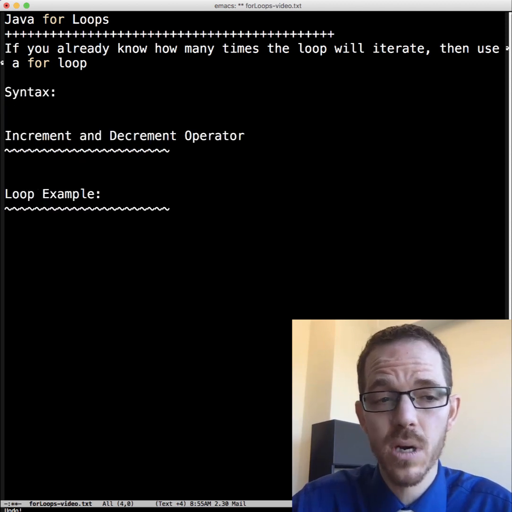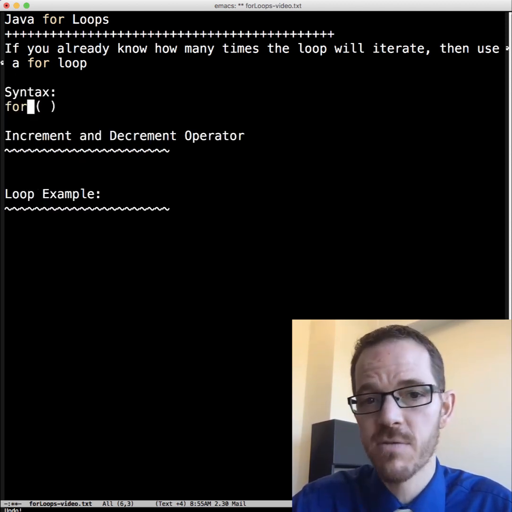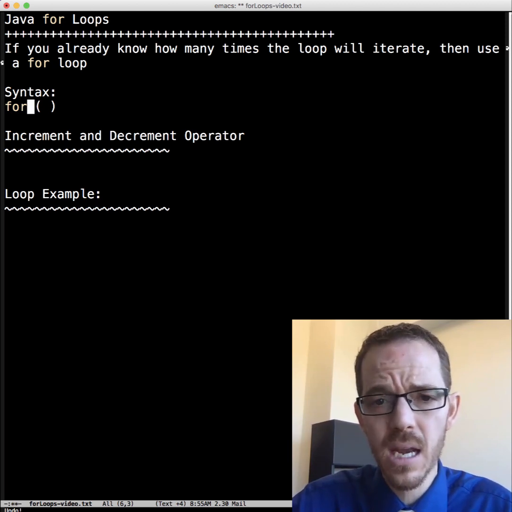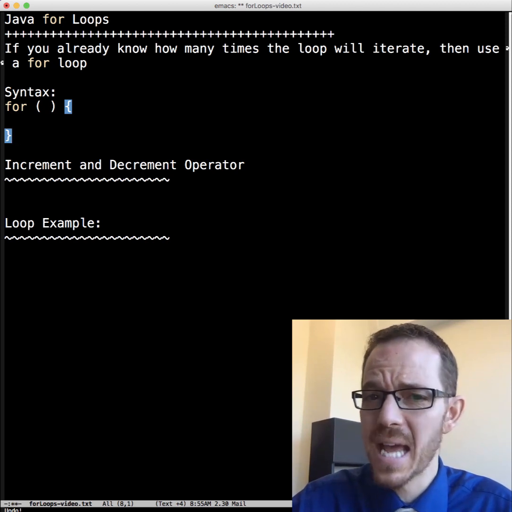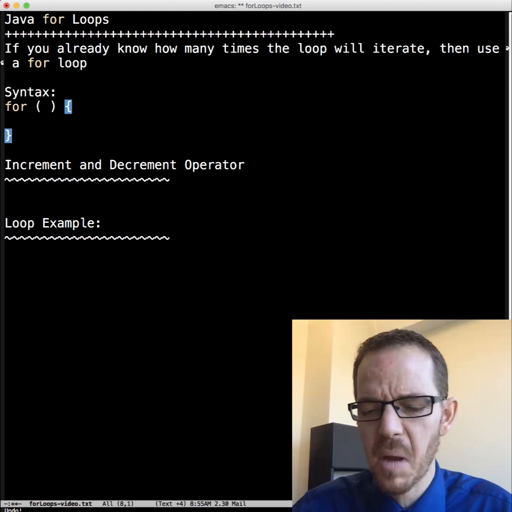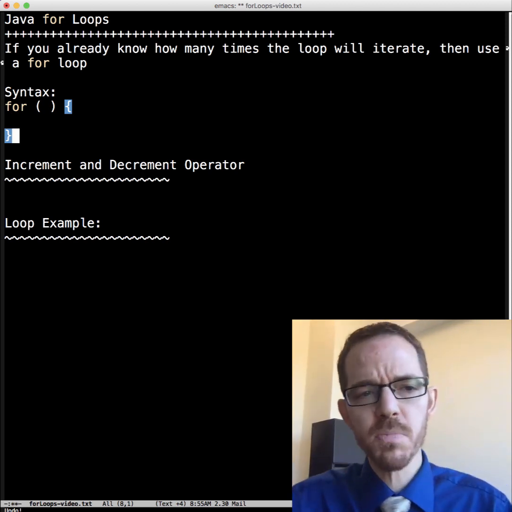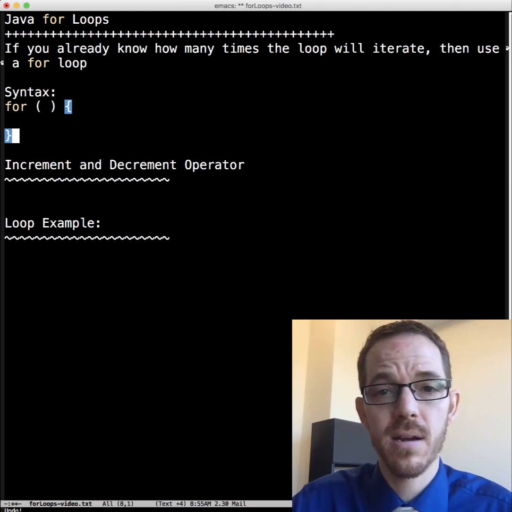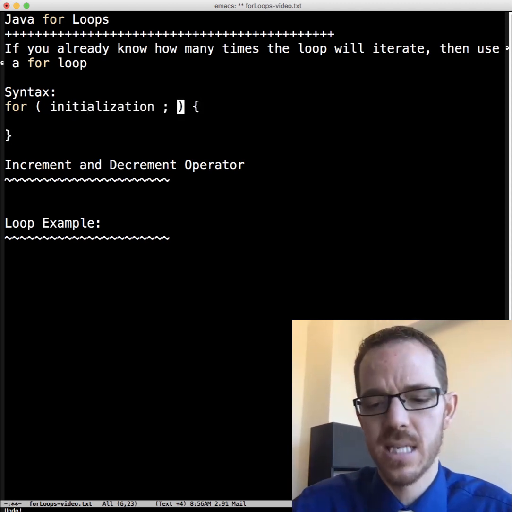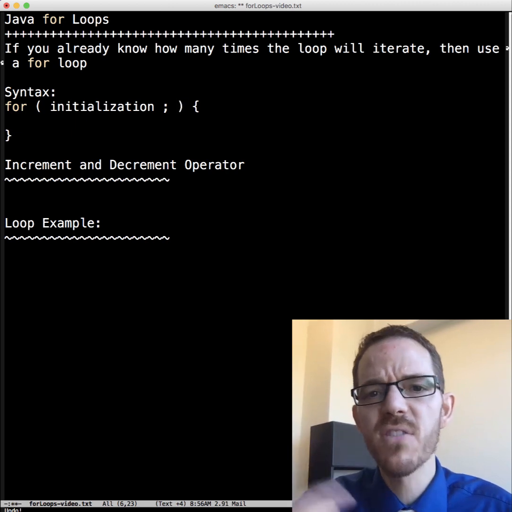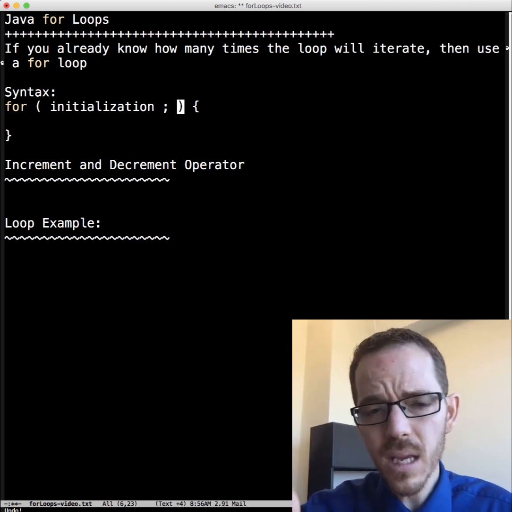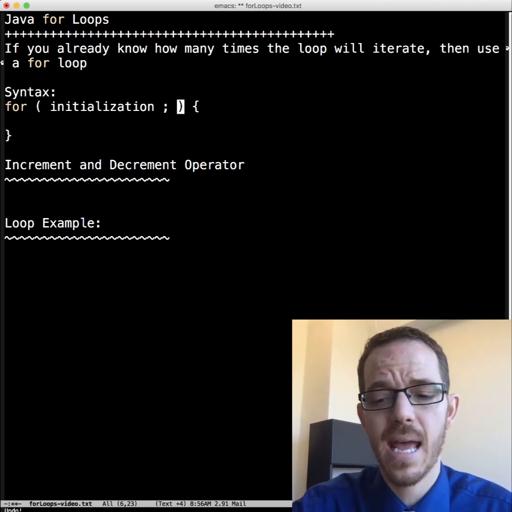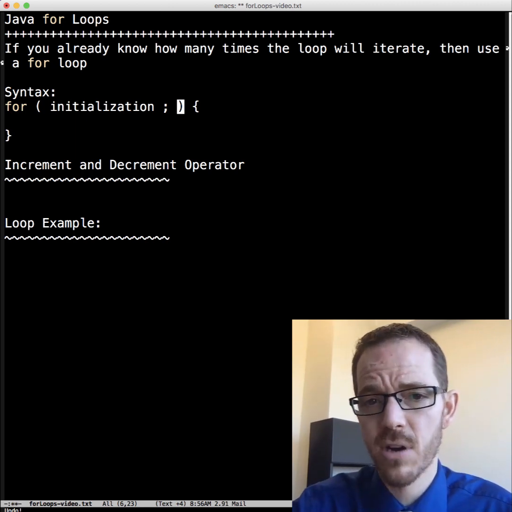First, you have the keyword for, then you have to have parentheses, unlike Python, and then just go ahead and use the brackets. They're not technically required, but just go ahead and use them, okay? And then the first part in the for header there in the parentheses is we're going to have an initialization statement. So even if you've initialized a variable outside of the for loop because you want to use that variable after the for loop, then it's still good practice to go ahead and re-initialize that variable in case this code is copy and pasted somewhere else.